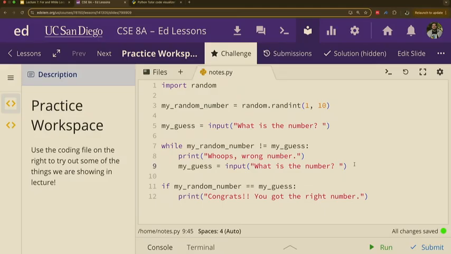Okay? Wouldn't it be better if the if statement was in the while loop? If the if statement was in the while loop, this one right here? Yeah, we could do that. Now this if statement is inside the while loop. But if we do it this way, what should we do too? Yeah, break. You would have to break out. Because if you had this if statement inside without a break, even if you get the right number, it's just going to keep on looping, right? So for now, let's just leave it outside.